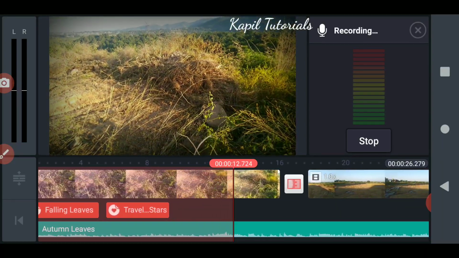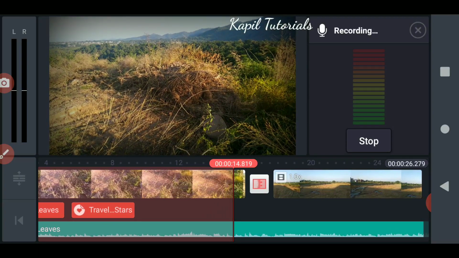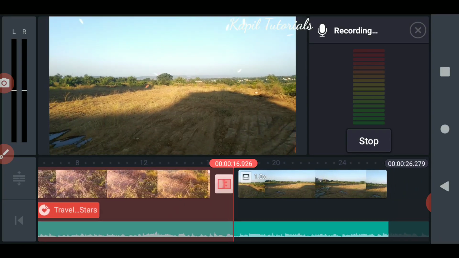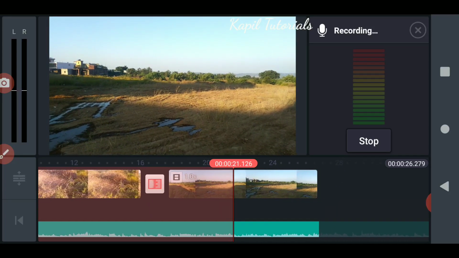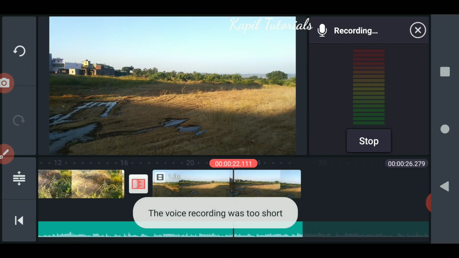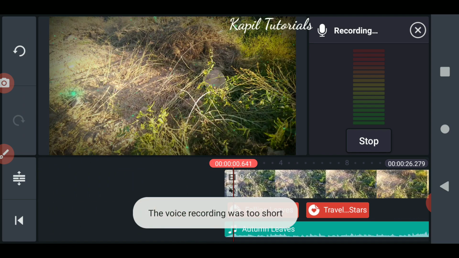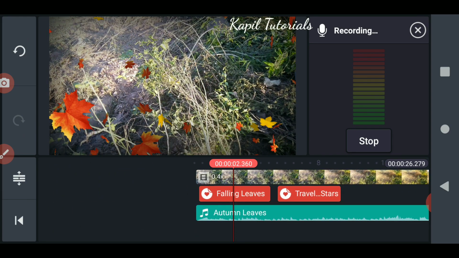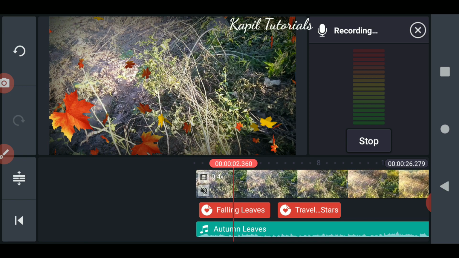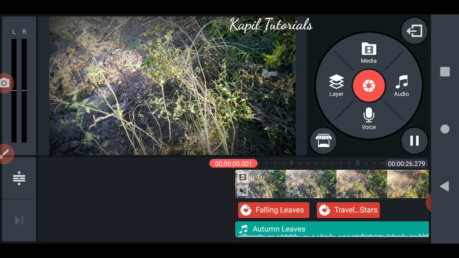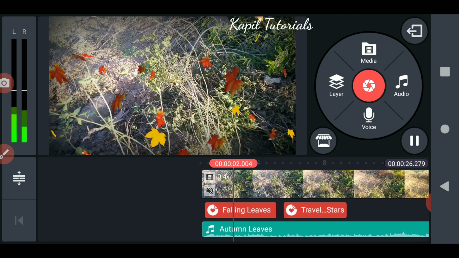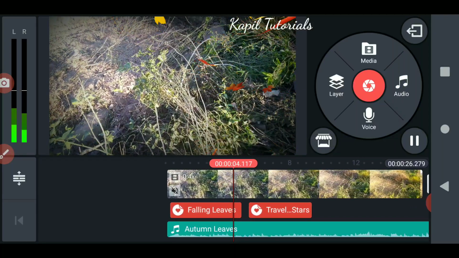So it's very beneficial when you are giving the demo. Teachers can use this, or when you are making your project, you can use this option. As you are seeing your video, you can directly speak. So when I click on stop, in this way you can record whatever you feel.